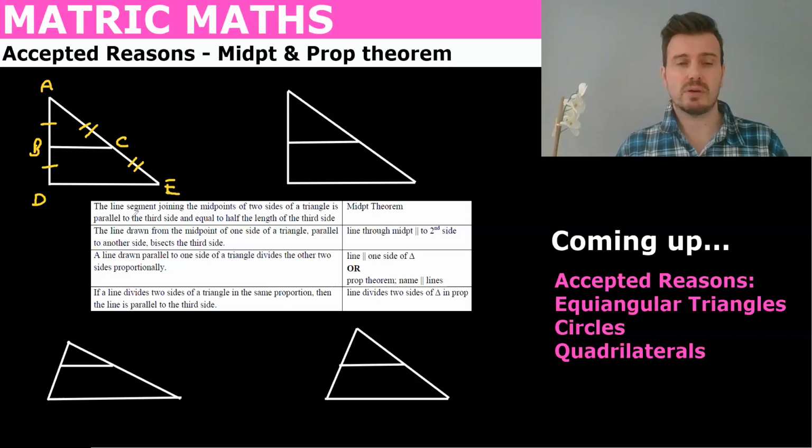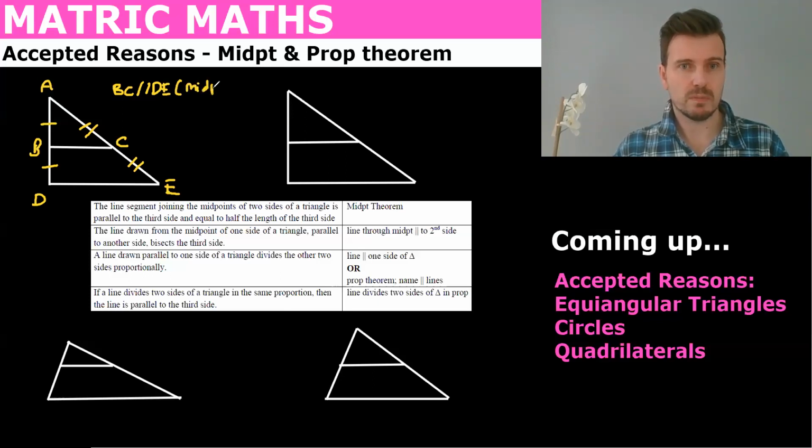And so let's read what the official exam guidelines say about the midpoint theorem. The line segment joining the midpoints of two sides, we see the two sides, is parallel to the third side and equal to half of the length of the third side. So when you see this, you can use midpoint theorem as a reason for saying the following. You could say that BC is parallel to DE, and your reason would be